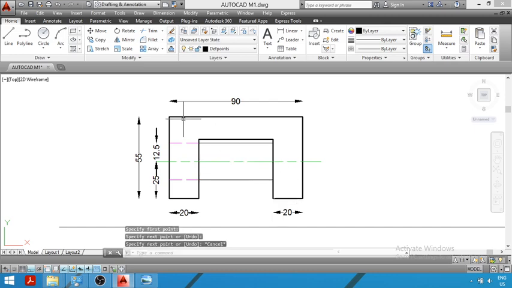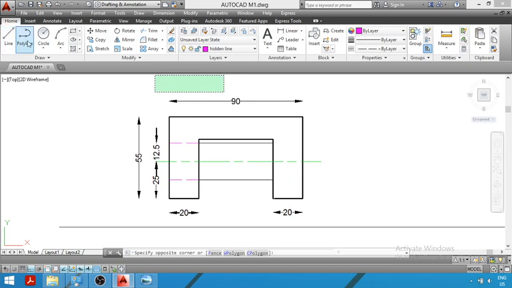Students, note that the lines used for drawing the view of the object, that is these lines, are darker, so they should be dark lines, but the lines which are used for projection should be light lines. So these two lines, line number 1 and line number 2, are nothing but projection lines, so they should be light. Now we will show the hole on the right hand side also.